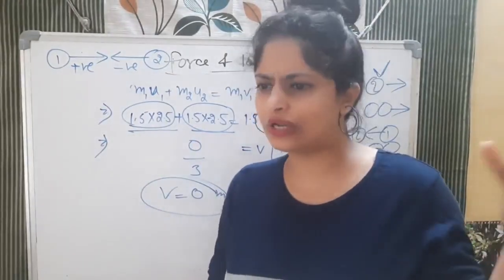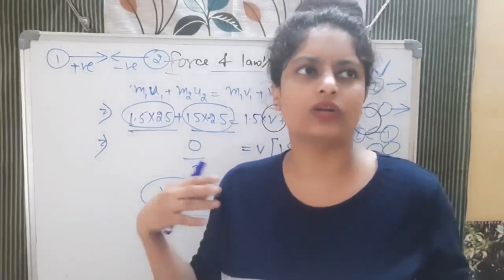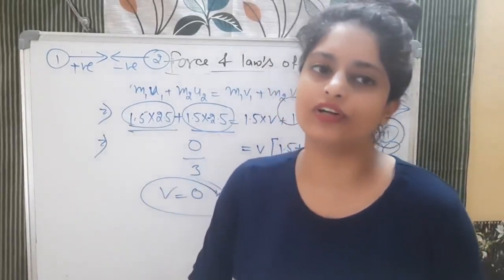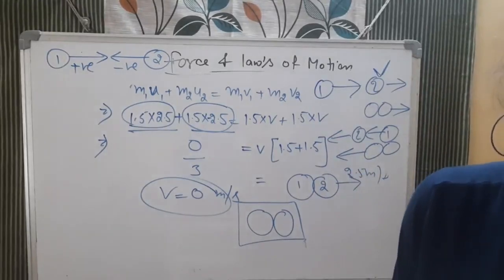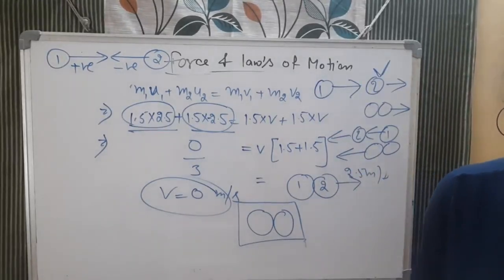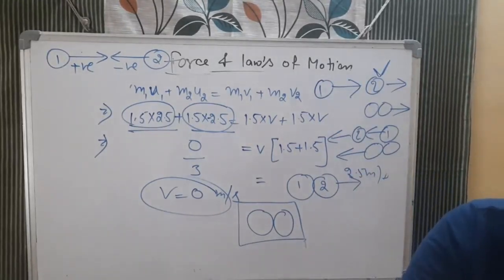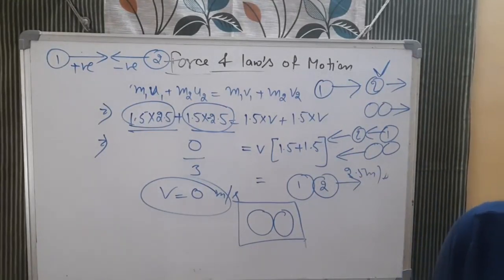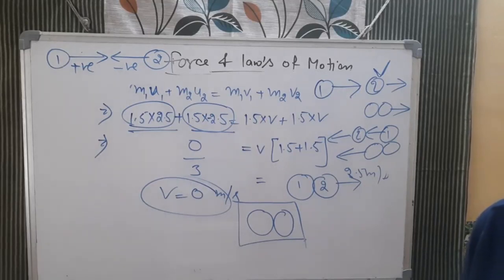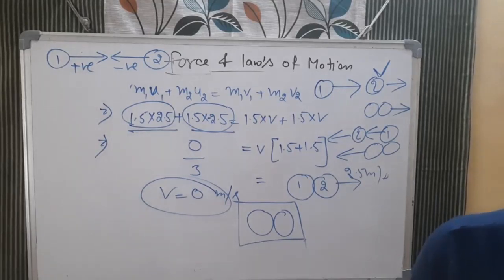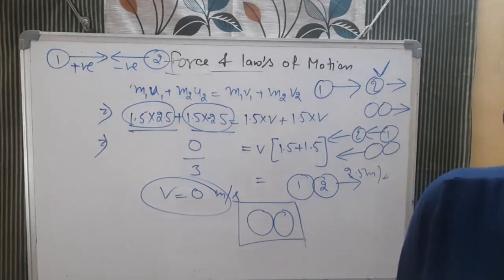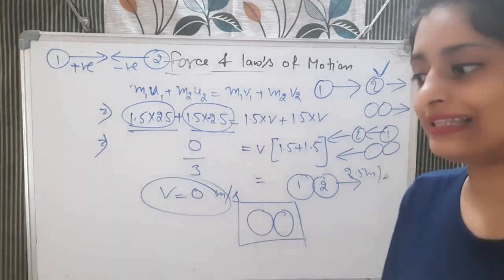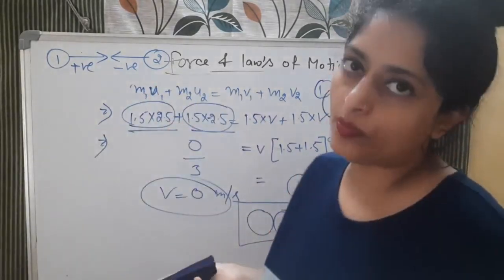Okay. So simply you can apply Newton's third law, that there will be equal and opposite force, but that will act on different objects. In this case, it is about the truck. So in the case of the truck, you can simply say, because it has very large mass, friction will also be very high. And if you want to move a car, what will happen, child? You need to apply less force. So when someone pushes the truck and the truck does not move, we can simply say that the applied force in one direction is cancelled out by the frictional force in the opposite direction.